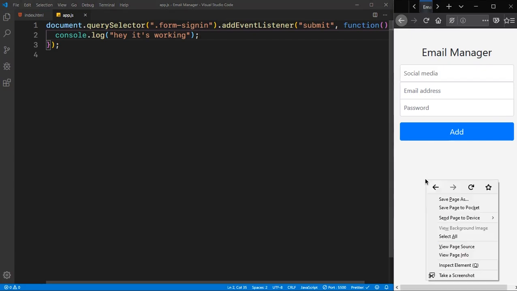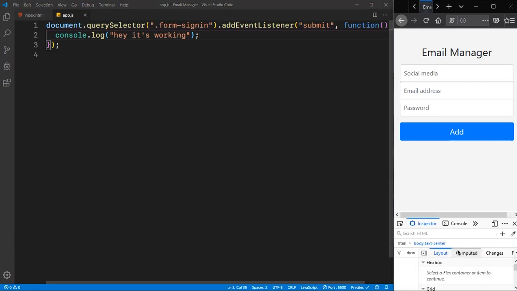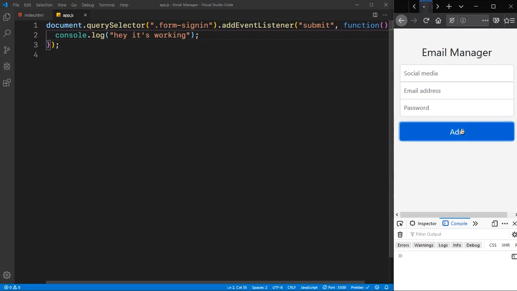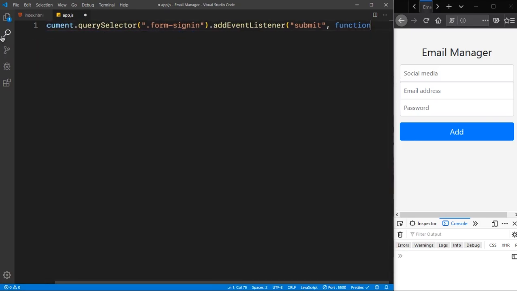Now if I inspect this and see in the console whether it's working, if I click add, it actually comes, but it's blocking. It's because as the form submits, the whole page refreshes. So it's actually working. I can show you, but before that, as we submit,